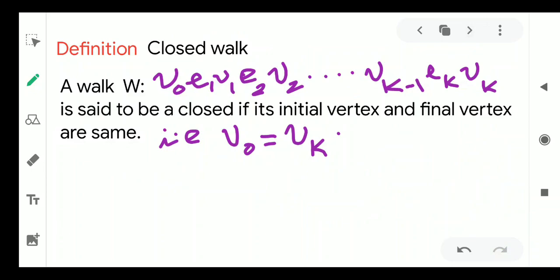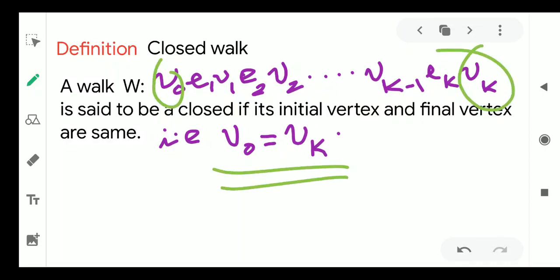Closed walk. A walk W is an alternating sequence of vertices and edges. It should start with a vertex, end with a vertex. In between we will have edges. It is said to be closed if the initial vertex and final vertex coincide. This initial vertex V0 must coincide with Vk, so that means Vk must be equal to V0. Then we call such a walk a closed walk. An example,